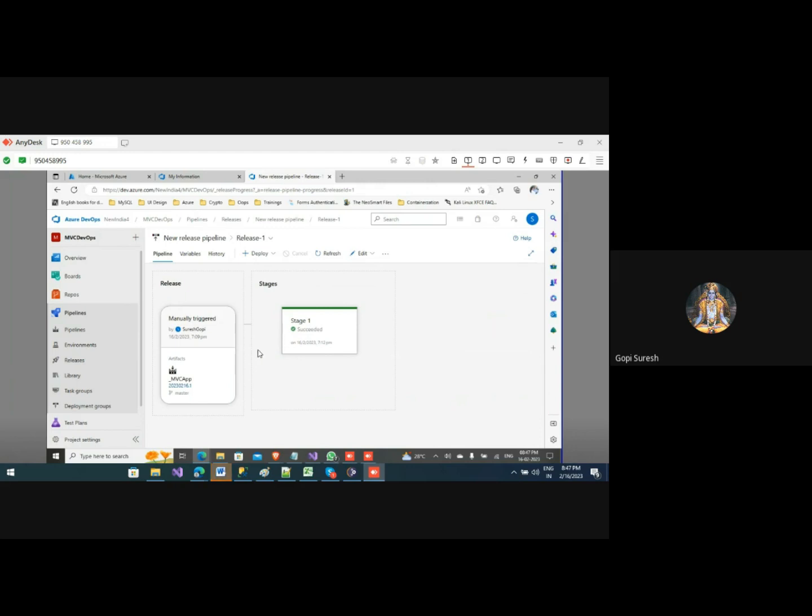So this is one stage, which will perform one operation. Test confirmation, so there is a unit test run. Unit test, all the test cases are passed. All these things will be there. So everything will be run, and after that it will pass the build and it will get deployed into the server. Okay.